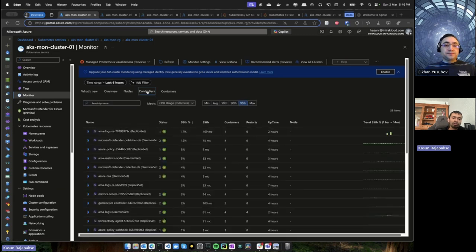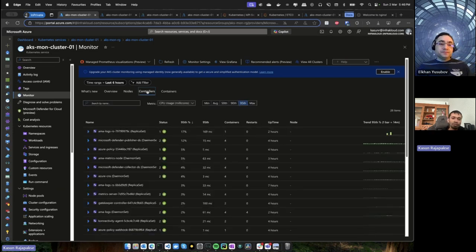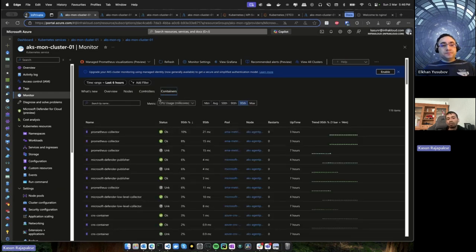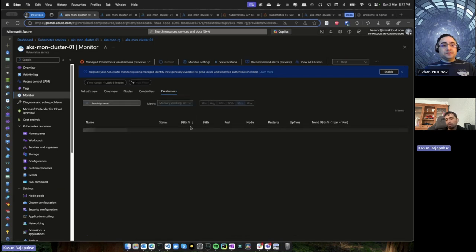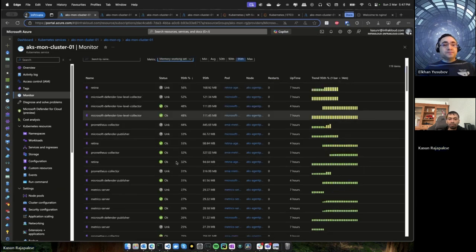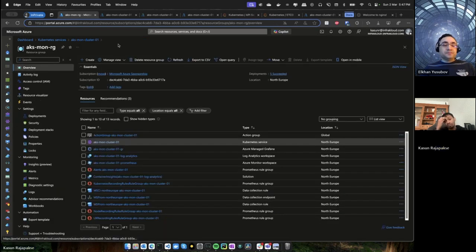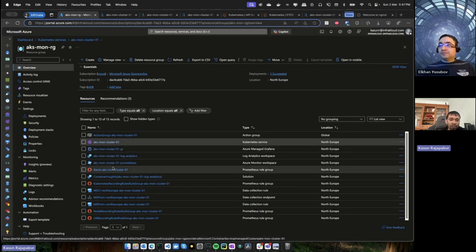Then the controllers in Kubernetes, like daemon sets, or the deployments, you can also dive into and see. For each individual container you can also view the memory and CPU usage like this, right? So that is the part of Container Insights. Then we will look into the